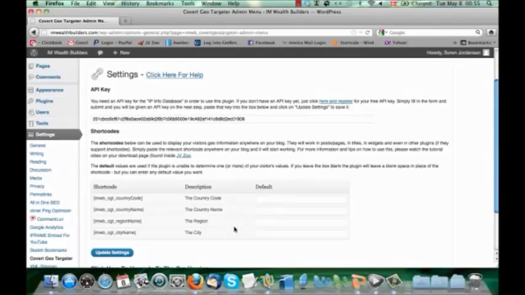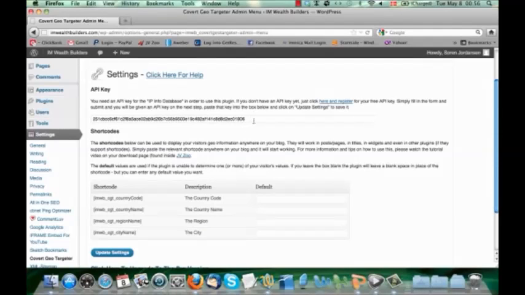It's very simple. There's not a whole lot for you to do in here, but trust me, there's a V12 engine under the hood here. First you see here that you need an API key. This is because how this plugin works is that when a visitor hits your site, our plugin records this IP address, then it fires it off to the IP info database, and they instantly send back the visitor's city, state, country, and country code based on the IP.